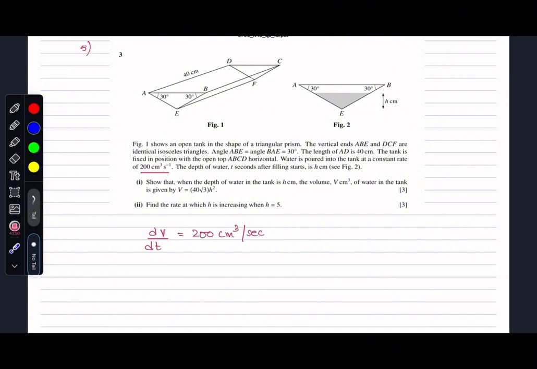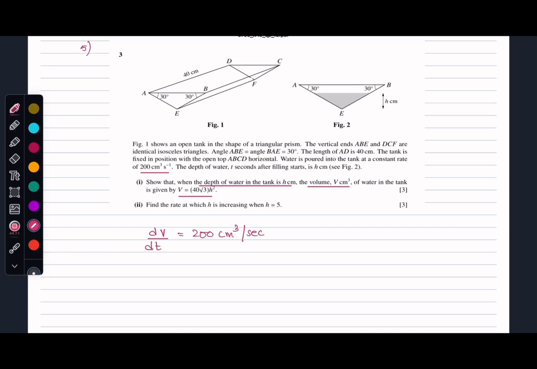So they are asking us for the volume here, when the depth of the water is h centimeters, and this should be given as 40 square root of 3h squared. Now, if they are asking us for the volume, then there is one thing that I should be